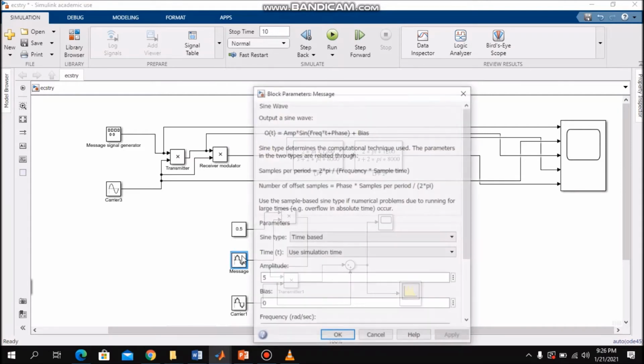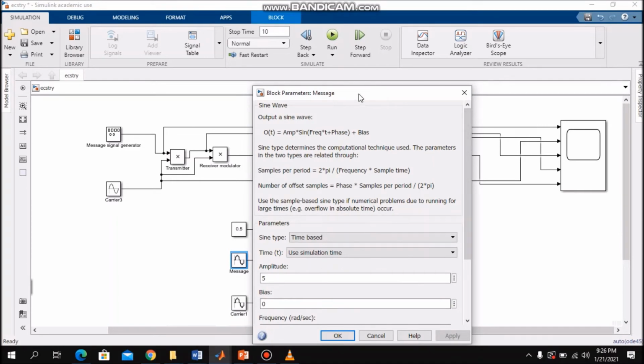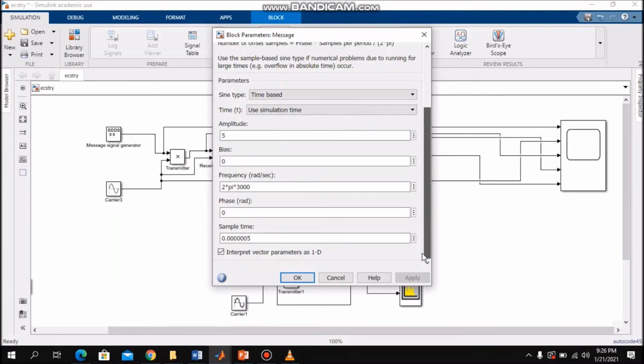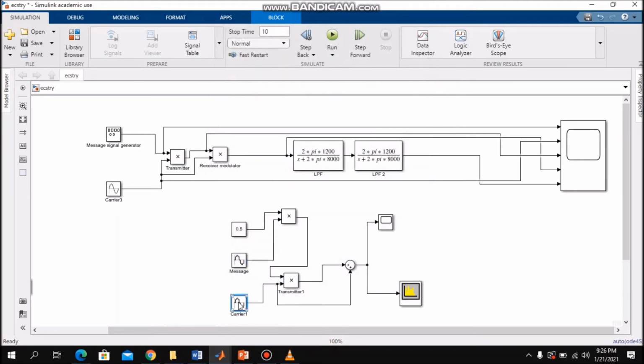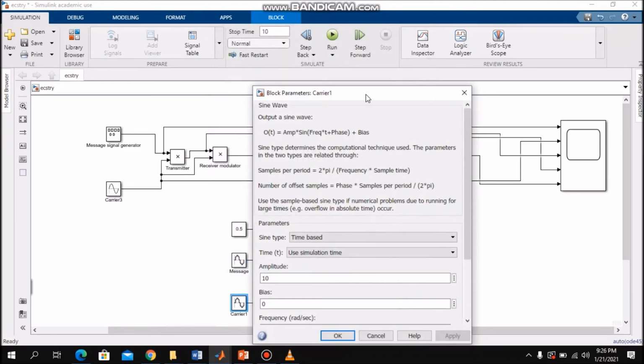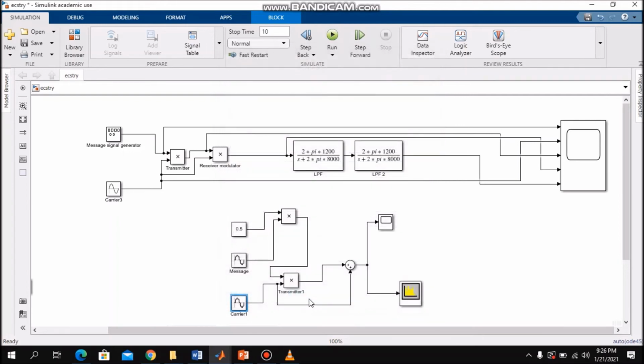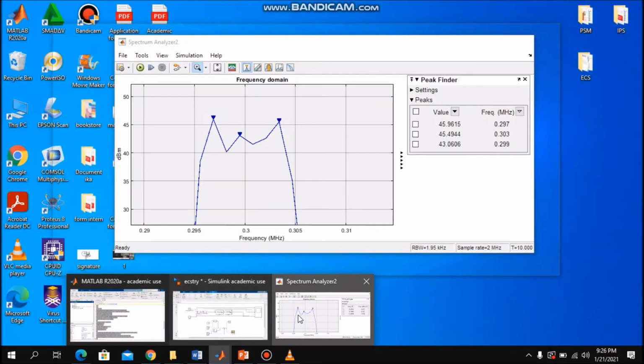The message sample time has been set to 0.0000005. Okay, and the sample time for the carrier has been set to the same value, which is 0.0000005 second. So the outcome is